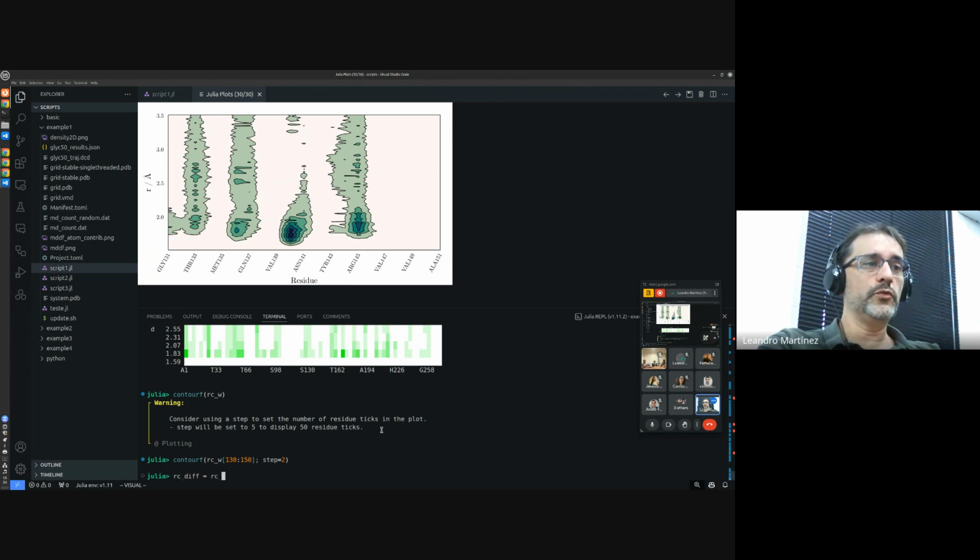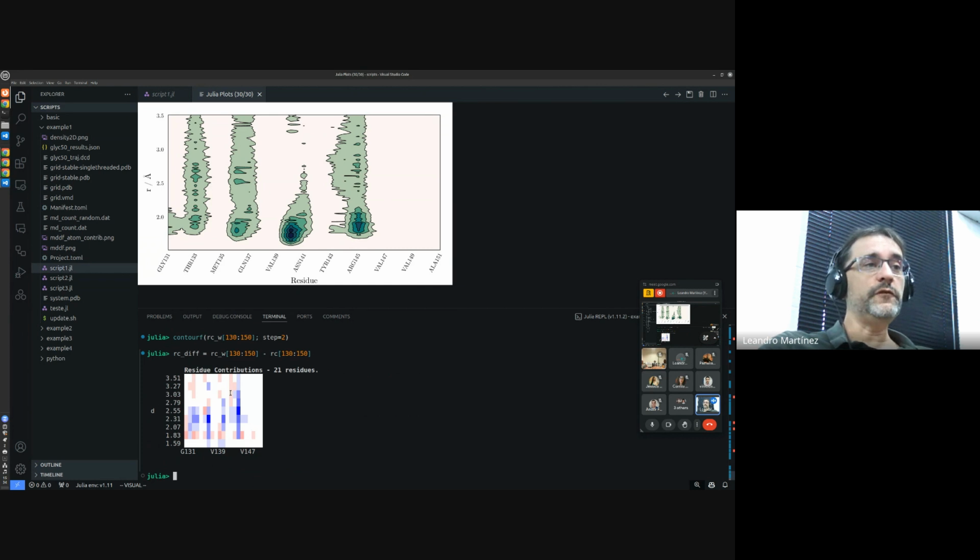So we are going to compute the difference between the residue contributions of water to the distribution function minus the density of what I have called this. I think I have called it just like that. So this is what generates this plot, and this one generates the same plot but for the contributions of glycerol, which I haven't subscripted by anything. And this is the difference in the density of water minus the density of glycerol in this region of the protein. And we can plot with the same